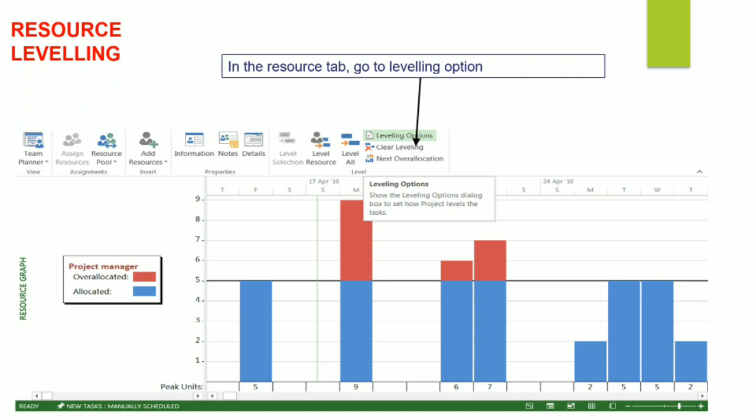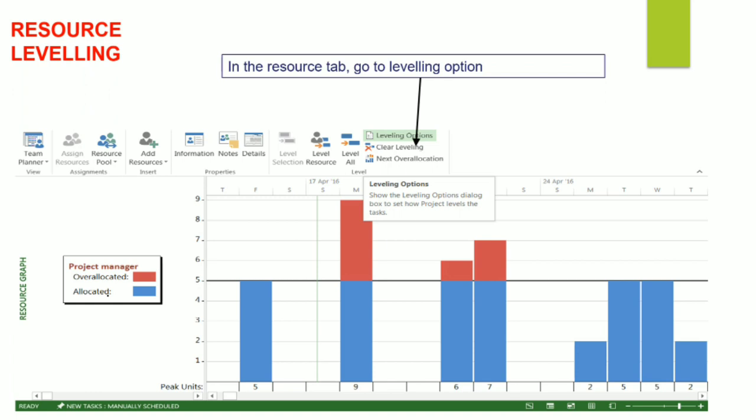Now in resource leveling we have to go to the resource tab and go to the leveling option. Earlier we already saw that some of the project team members are over allocated. If we talk about one particular resource whose activities are different, like the project manager, we have 5 units as per this resource sheet.